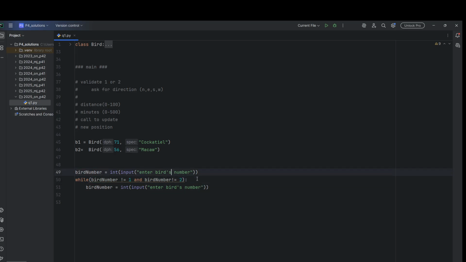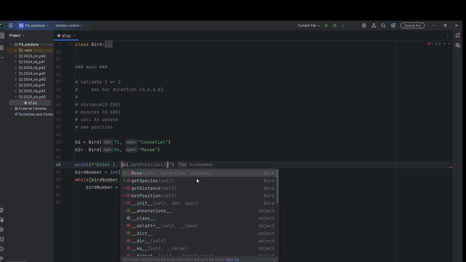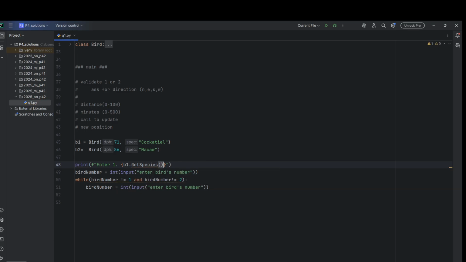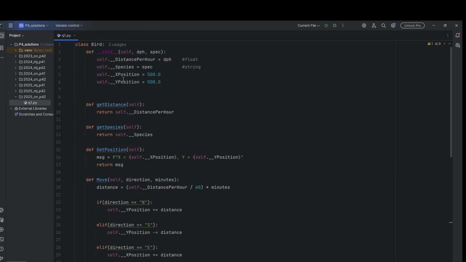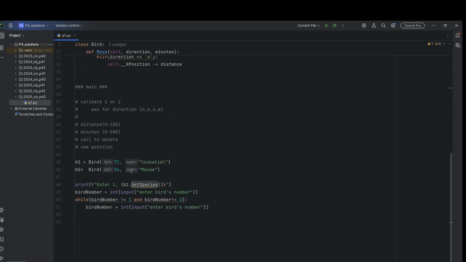So we'll say enter bird's number, and before that we'll output enter 1 for, so let's put this in a format string, enter 1 for, and here we'll have the word 1, and we'll get the species, which is get species, like this. Have we written this function or not? Let's see. Get distance. Okay, we have a get species here. I think the G should be uppercase. I'm just keeping lowercase for now. Okay, so this will be the first message, and we'll say it is,